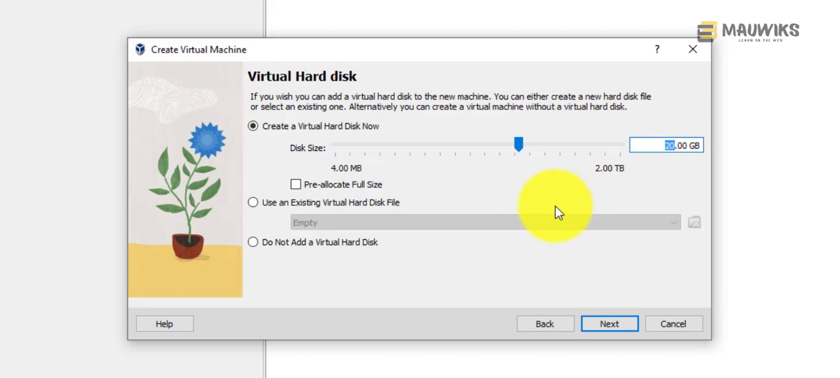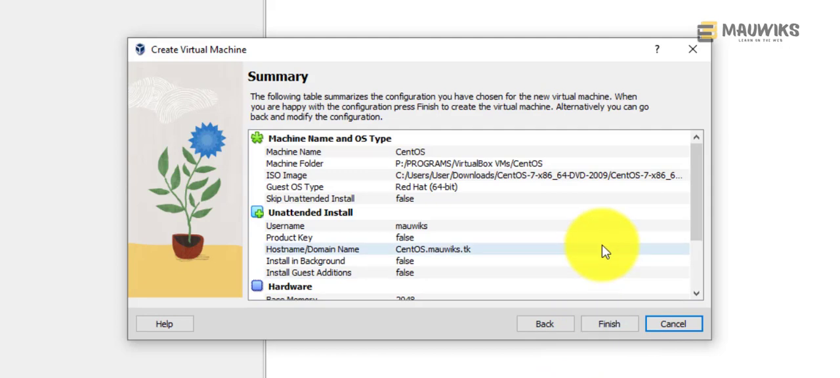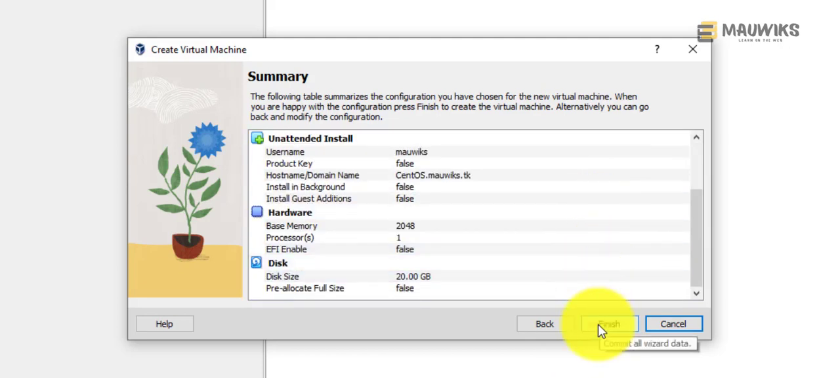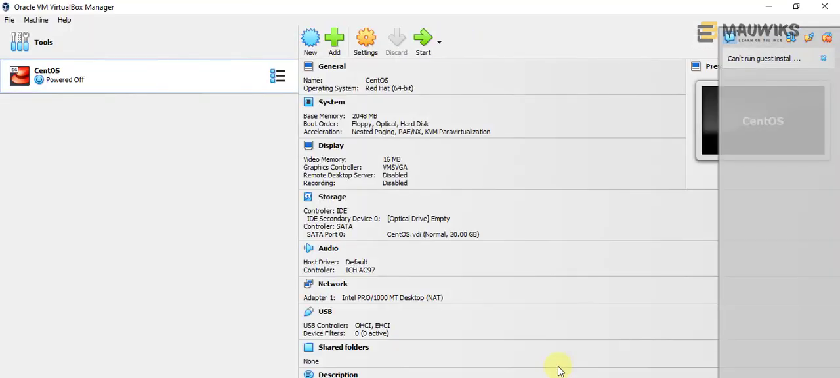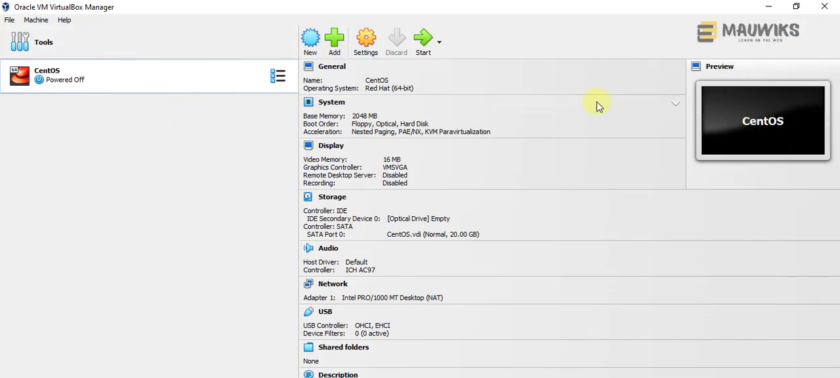So for me, based on my testing environment as well, I use 20 gig of storage. And then just click on next. And this is the information you can check before you go and then hit finish. Now it will show here our setup. So as you can see,